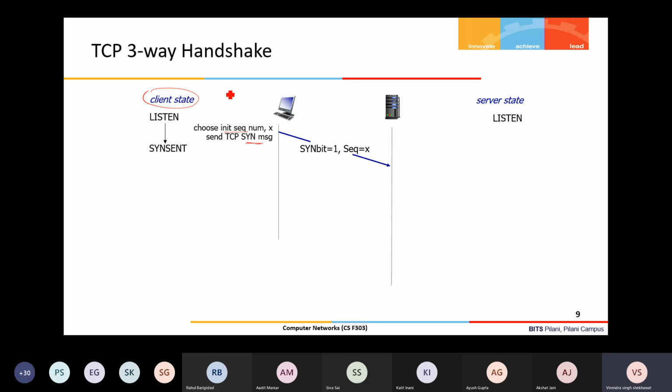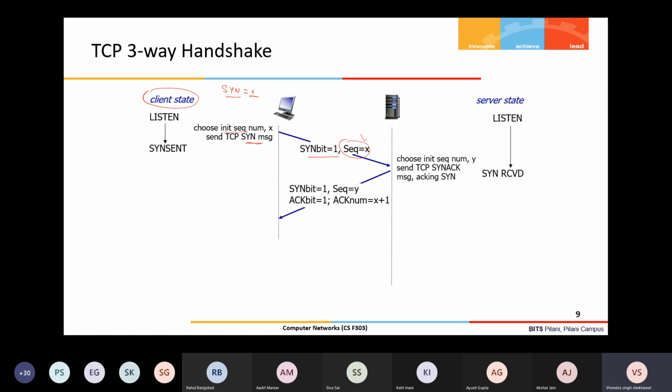How will it send SYN? There is a SYN flag, if you remember. The SYN bit is set to 1, and with the initial sequence number it is sent to the server. Through that, the server comes to know the starting sequence number. And in this message there is no data, right? It's just a control message.